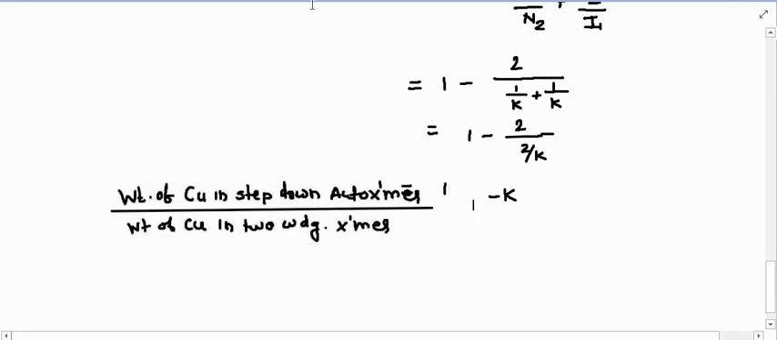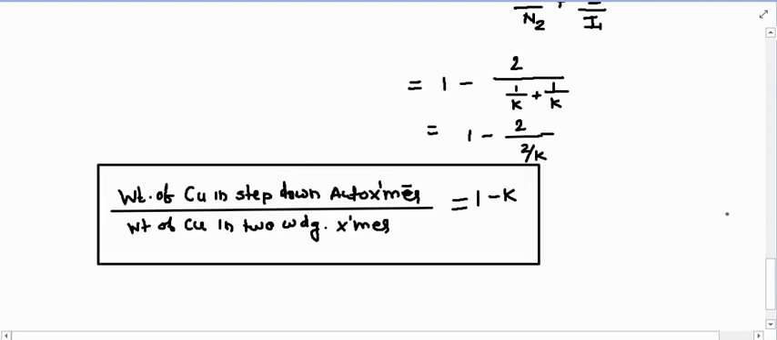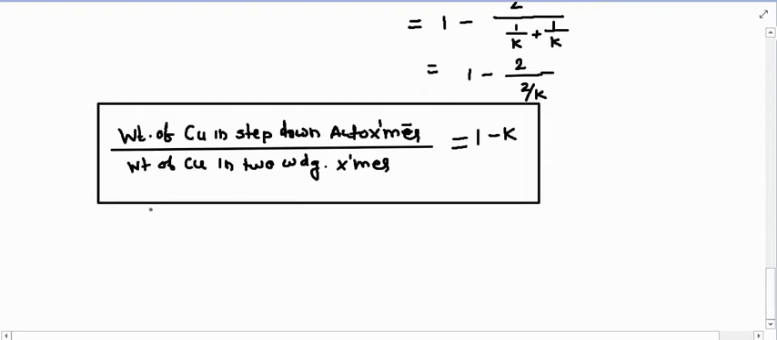What I will get on this side, it is nothing but weight of copper upon weight of copper in step down auto transformer upon weight of copper in two winding transformer equals to 1 minus K, equals to 1 minus K. So students, I can write down here, therefore saving of copper in step down auto transformer,